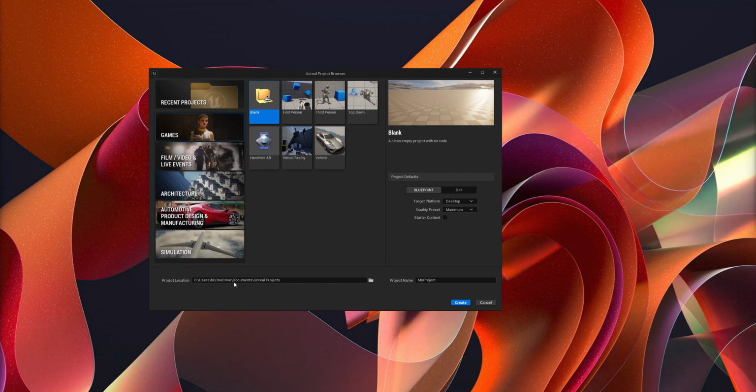Pick a location in your computer that you want to save, and then give a name to your project. In this case here, I'm going to call this Game 25D Progress, to differentiate from the one that I already have. This is going to be one that we're going to be creating together. By the way, you cannot start the name of the project with numbers. Okay, Unreal is going to tell you that you're not allowed to do that. So if you were trying to do a 25D game, it's not going to allow you to do it. But you can definitely do Game 25D. Not allowed to put dots either. So just go ahead and create your project.